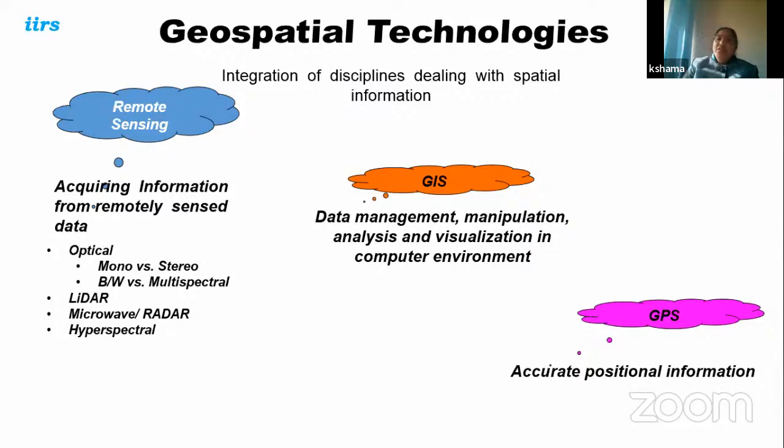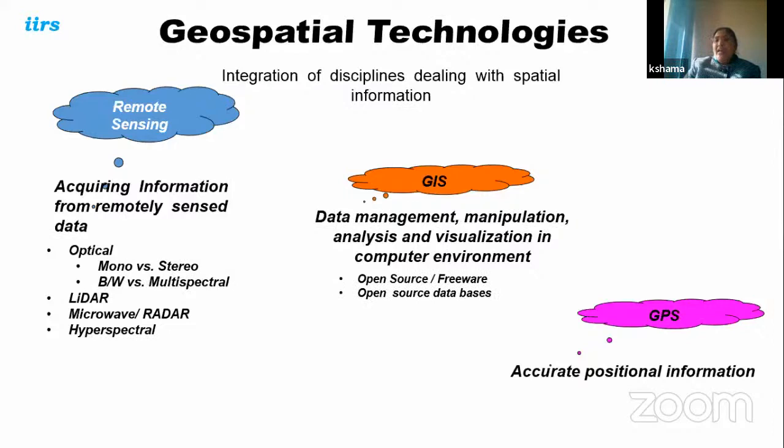Now, the next data is your hyperspectral data. Hyperspectral data has very narrow bands, and there are a number of bands, maybe more than 100 bands in one sensor. It provides you very narrow bands, so you can even differentiate between different materials, like shell, concrete, asbestos. All these materials can be segregated with the help of hyperspectral data, but using black and white and multispectral data, we cannot segregate them. I'll discuss this in the next slides.